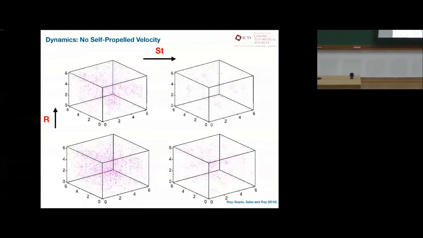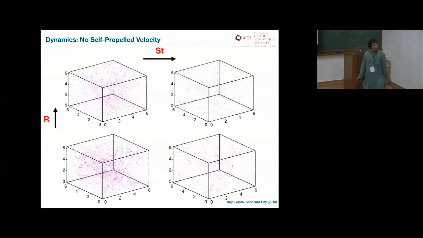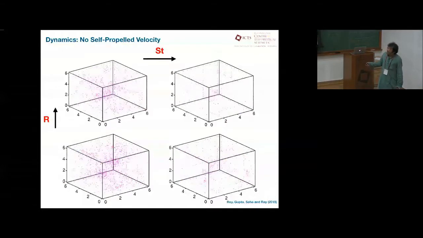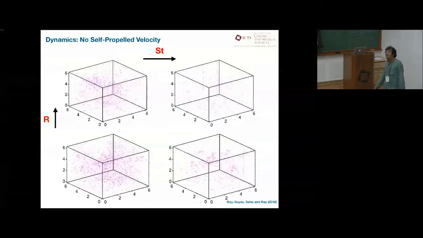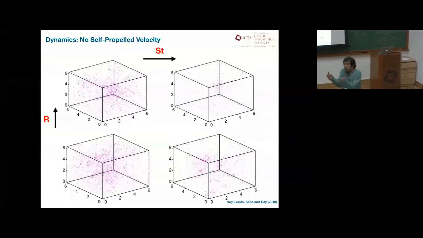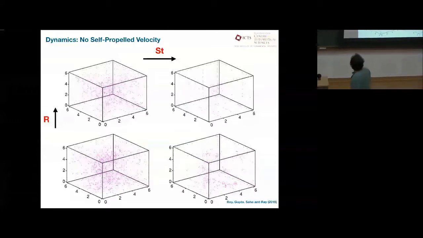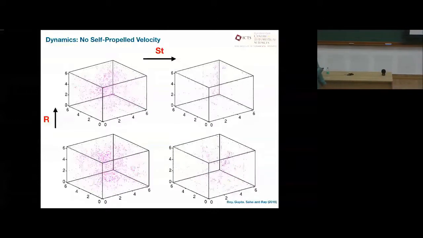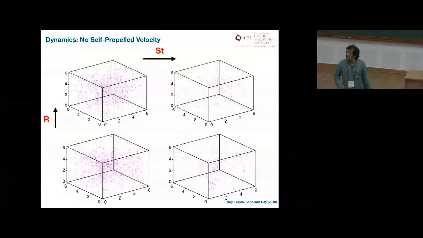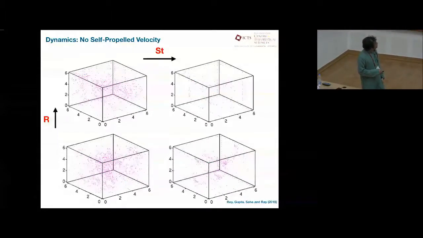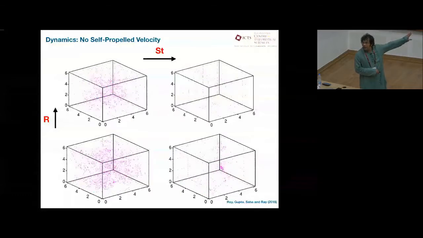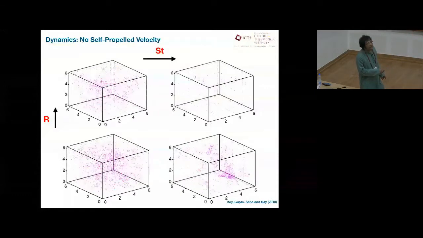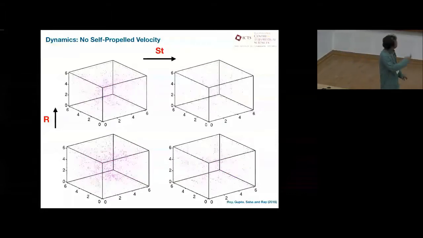So now, in the last few minutes, let's have a visual illustration of what's going on. On the y-axis, I increase my radius of interaction, and along this direction I increase, let's say, my Stokes number. I'm just showing two sizes of particles for ease. If you do not have any self-propelled component of the velocity, and I'll calculate the order parameters in a bit, visually you hardly see the emergence of collective macroscopic flux. Okay?